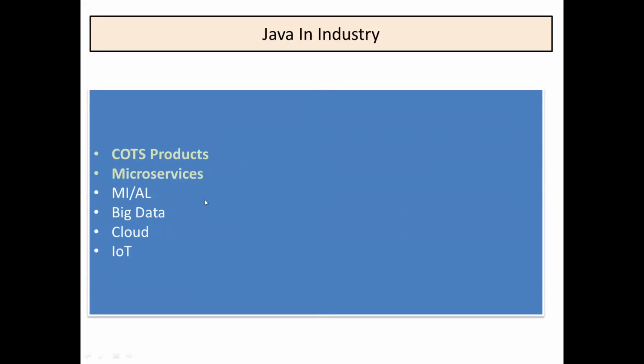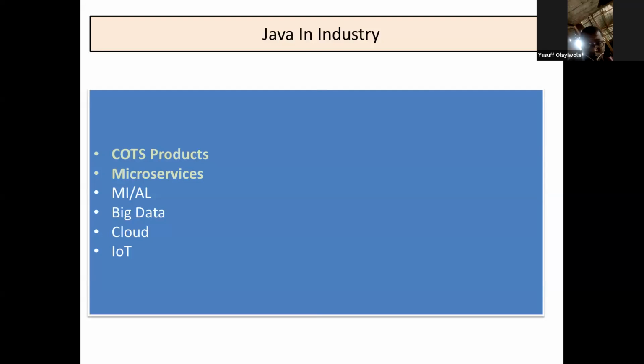And ML and AI. There is a typo there. It is ML and AI, so machine learning and artificial intelligence. If you are aware, machine learning and artificial intelligence are again new things. It's not new, actually, it was there from before, but now it has taken traction. Even for machine learning and artificial intelligence, you see Java as one of the key programming languages being used today. And even in big data, if you have heard about big data, Hadoop, where you work with